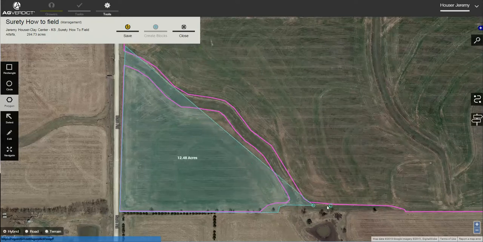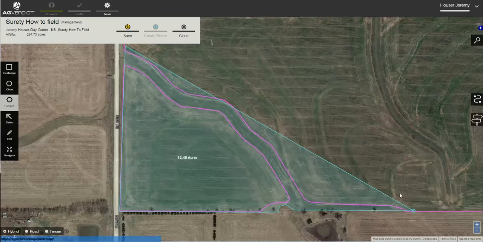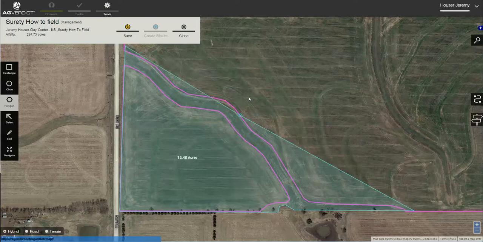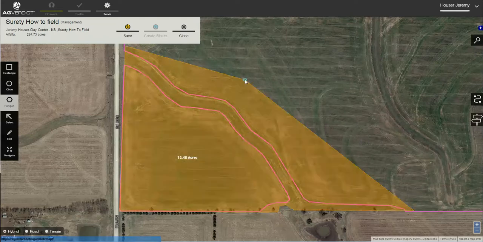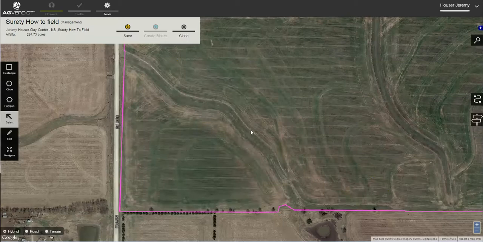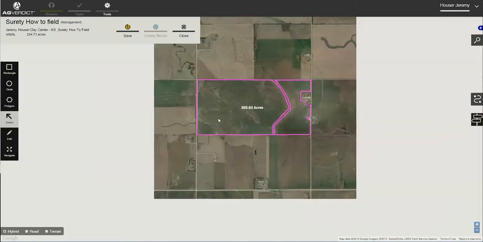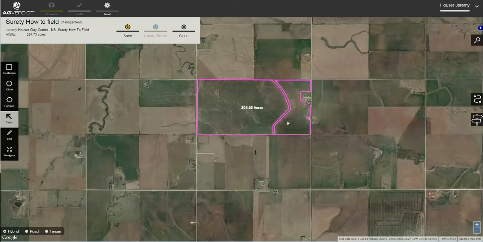and come back in, get the rest of that waterway in there, and then make sure that the whole thing is encompassed. I definitely don't want to save it out here, but I want to save it here. Double click, include it, and that's going to subtract my waterway out of there. Zoom out, and what I'm going to do is leave this one in for the sake of argument to show you another principle later. So from here I'm going to save this management boundary,